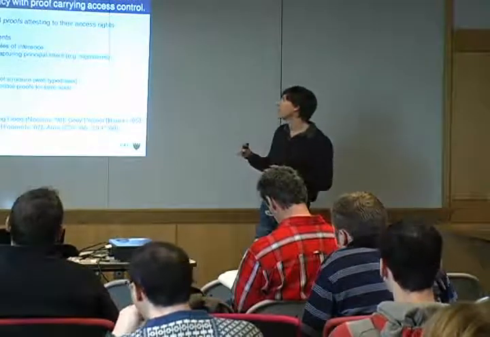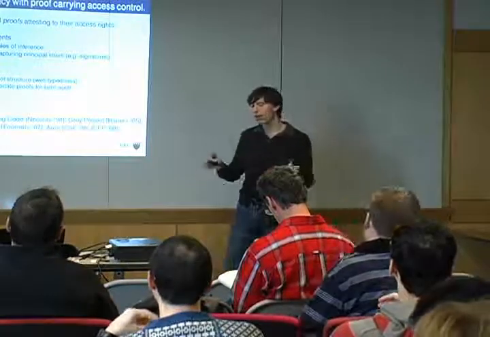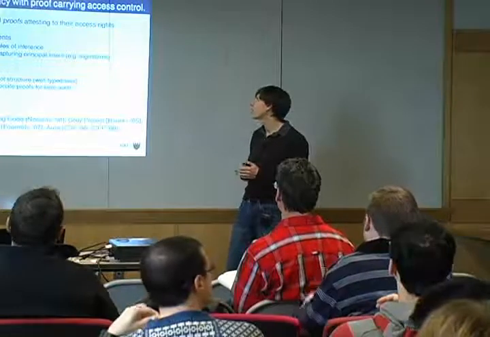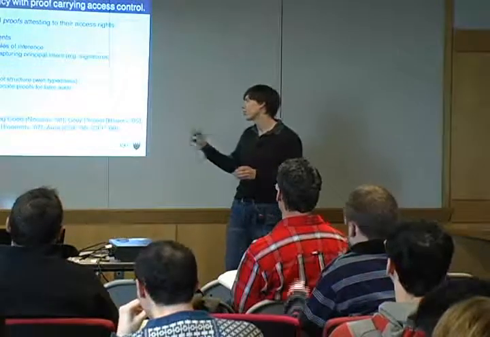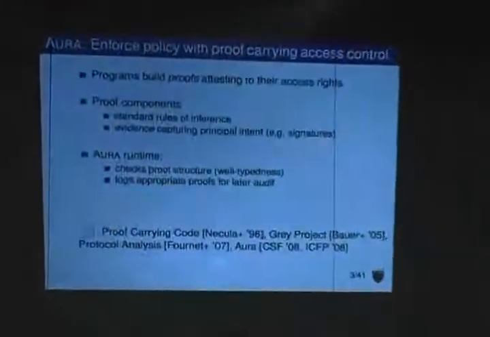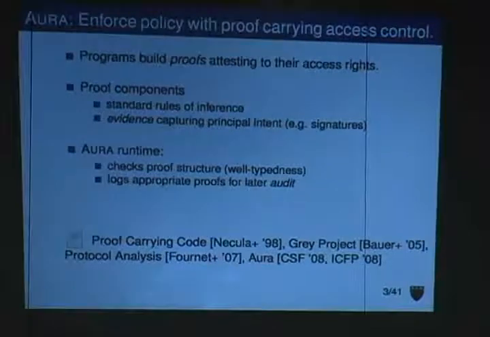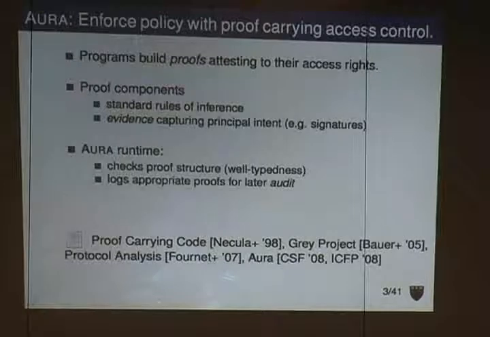I do want to point out that my colleagues and I, my co-authors and I, didn't come up with this idea of proof-carrying access control. Some of the ideas go back to George Necula's work on proof-carrying code. And then also Lujo Bauer at CMU has used some of these ideas to great effect, actually replacing physical door locks in the CS building there with cell phone-enabled devices that send these proofs to open the door to your office. It's a very cool project, real inspiration.